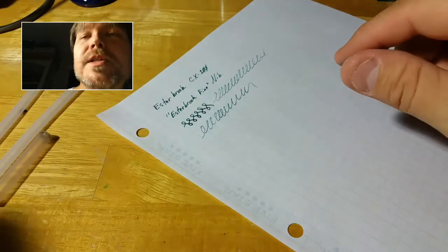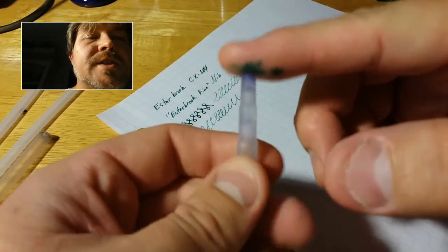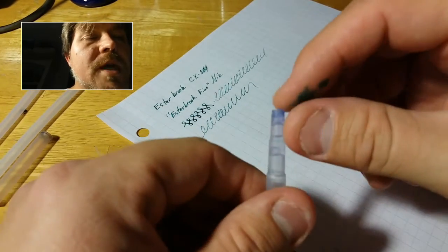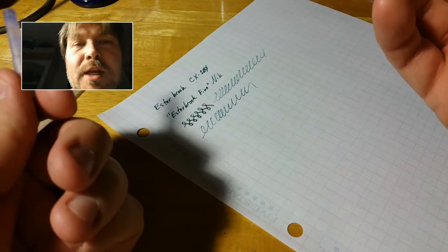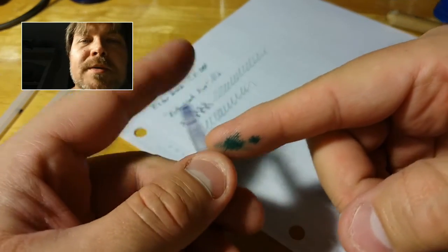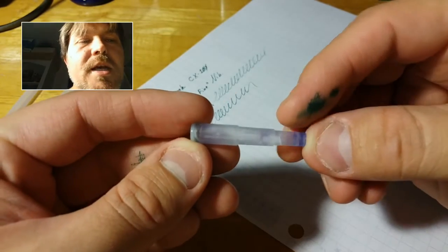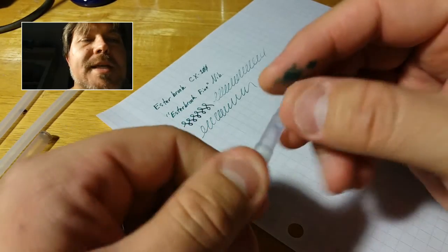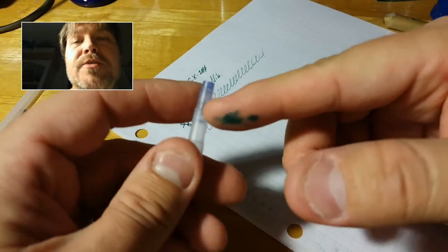So something else to consider is that there is a phenomenon known, especially when you buy cartridges like this. I've got about a dozen of these cartridges sitting in a blister pack over in the other room, and they're all half full of ink. Well, obviously they were full when they left the factory, right? How did they lose all this ink? Well, water can pass through the membrane of the plastic. So it takes a long time to happen, but water can evaporate out of these plastics,